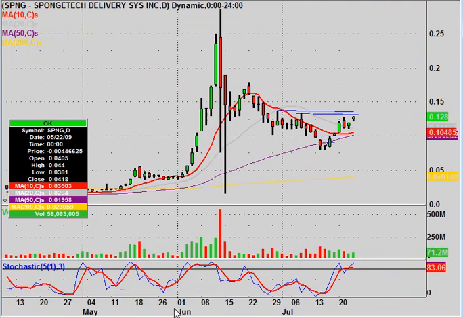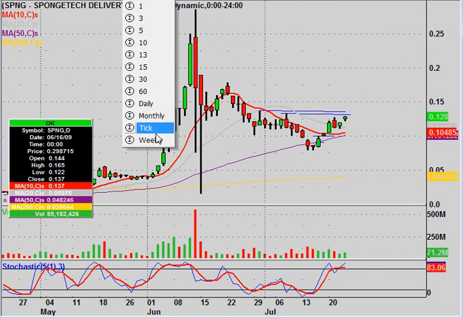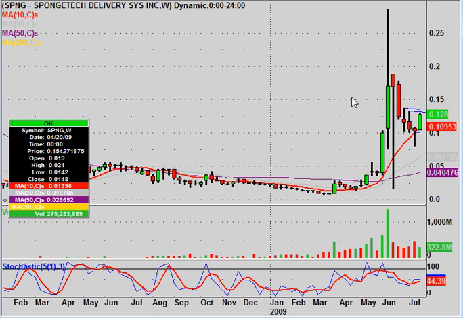Hopping back up here on the daily, you can see once again where I got these two levels. So 14 cents is the level that you want to see fall. Now, just taking a little bit of a broader overview, we'll take a look at the daily, and you can